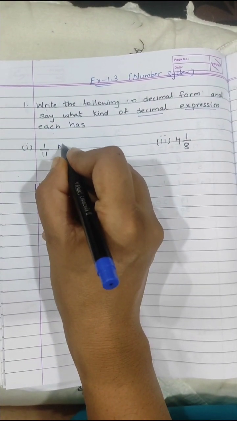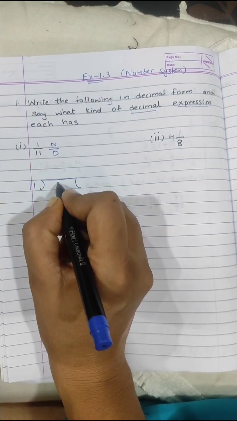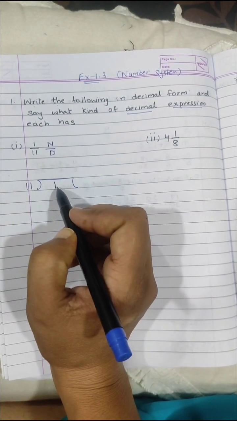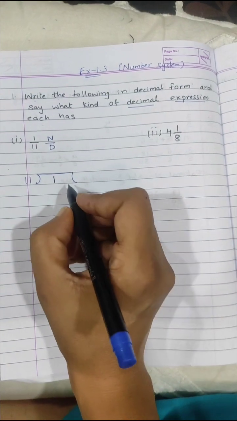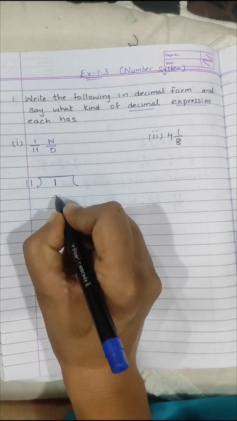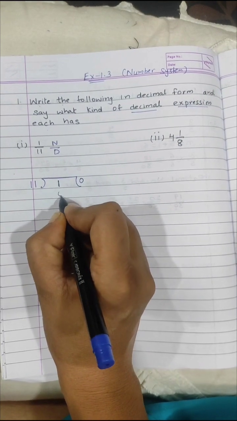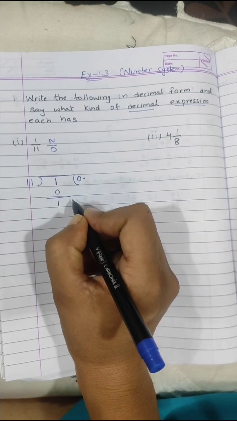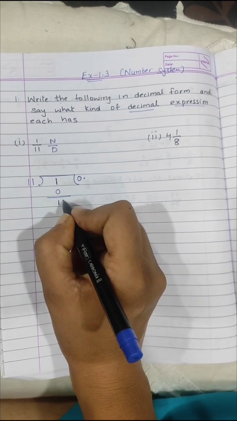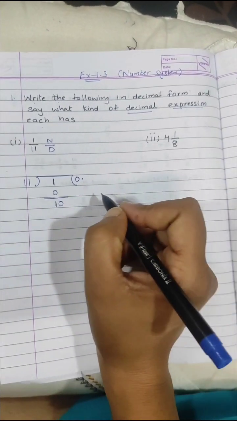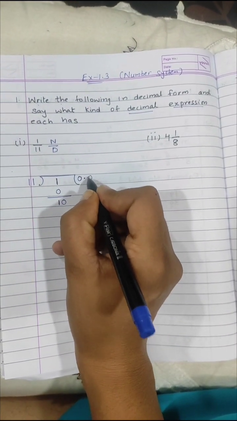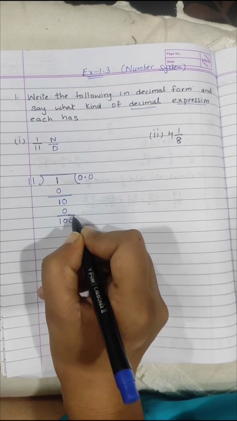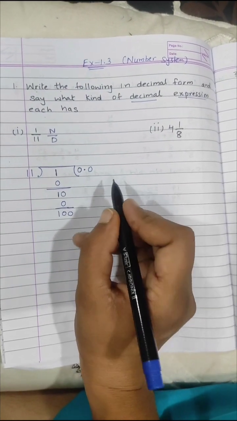So this is the numerator and this is the denominator, and when we have to find the decimal form, the numerator always goes inside the division and 11 is outside. So 1 is less than 11, so 11 zeros are 0. The remainder is 1. So we write a decimal, and when we place a decimal we take 10. So 10 is also smaller than 11. So 11 zeros are 0. So now we can write one more 0.